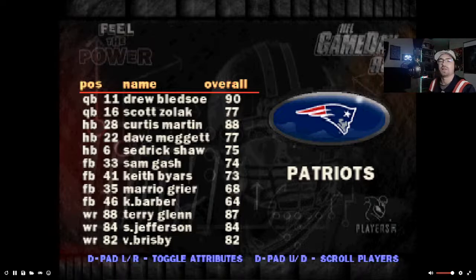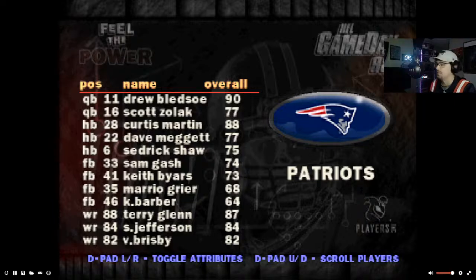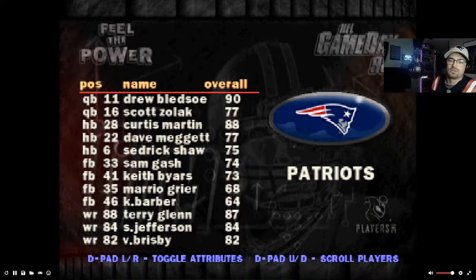This team had Drew Bledsoe as the quarterback with a 90 overall here. One of the best players, and I'm gonna say it right now. Tom Brady did a whole lot of great for the Patriots, but it wouldn't have happened if Drew Bledsoe didn't start off the winning culture in New England. Right? He changed the culture in New England to a winning culture, and so when Bill Belichick and Tom Brady took over, they weren't a loser franchise. They were a good franchise that had to make its way to the next level.